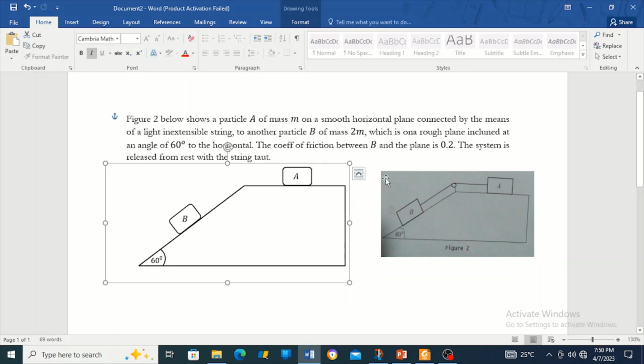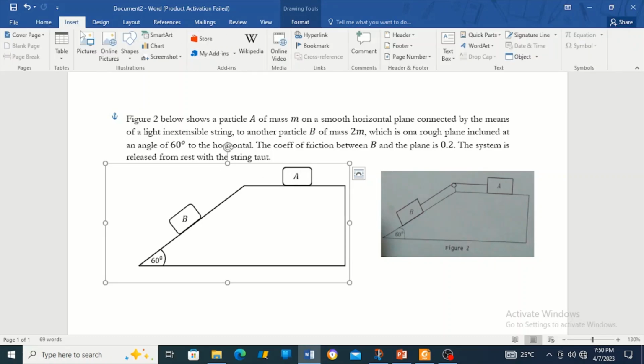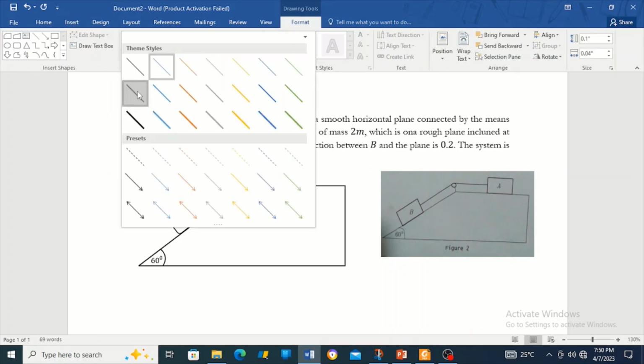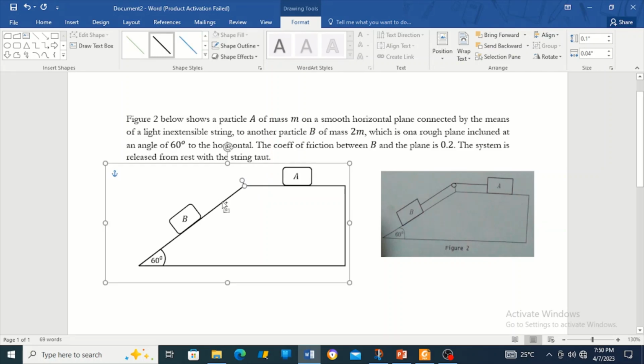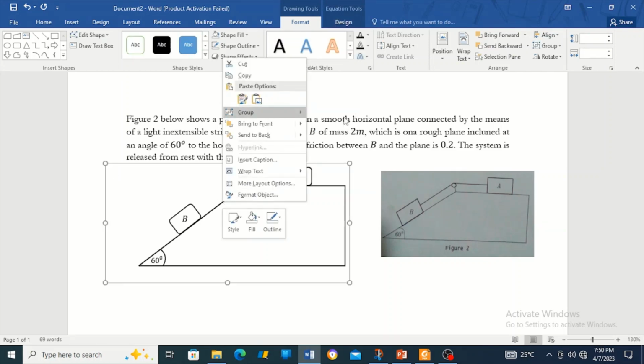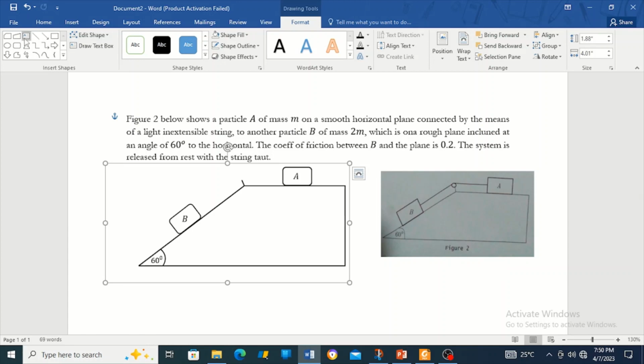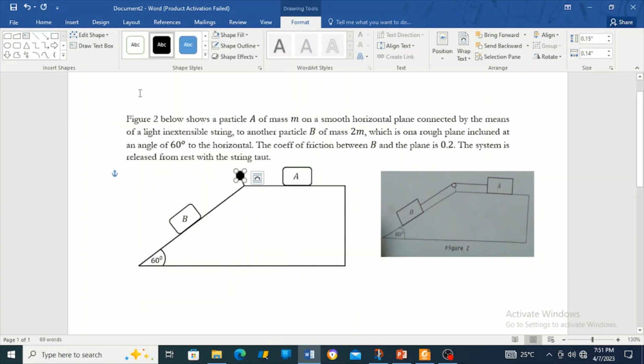Alright, now we are left with the pulley and the string. So for the pulley, I'm simply going to put my small line here. I put my small line here. I put this. I group. Then I put a circle, right? We put a circle there to indicate the pulley, and then we put it. Maybe we can even put it like this, or in fact, let's just put it to be